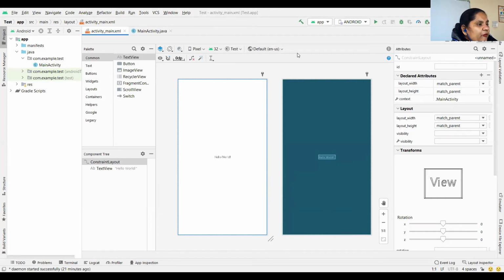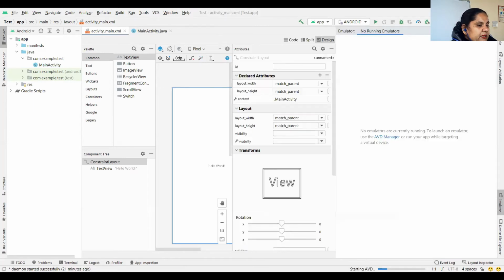Now, if I want to run this instance, tools, AVD Manager, see, this is a virtual device which is made by me, and it is a resolution of this much. API 30 is there, and Android 11 is installed as an image. So if I play this, see, it is written starting AVD. If you see at the bottom of your screen, it is written starting AVD. A blue line is going. Now ADB helps this app to be deployed on the Android phone. If your emulator is not working,